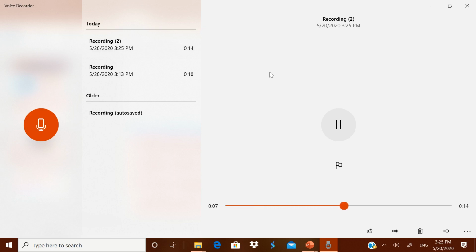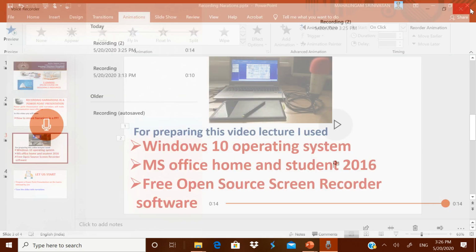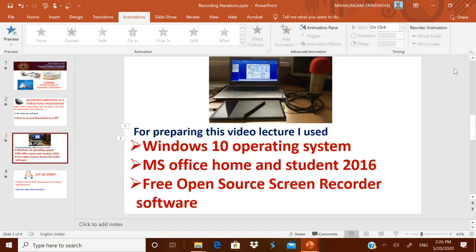You are seeing that the circles are expanding, which means that whatever I am talking is being recorded now. Click it once again to stop it. Now this recording is there over here. Okay, now I have checked whether the mic is working properly.